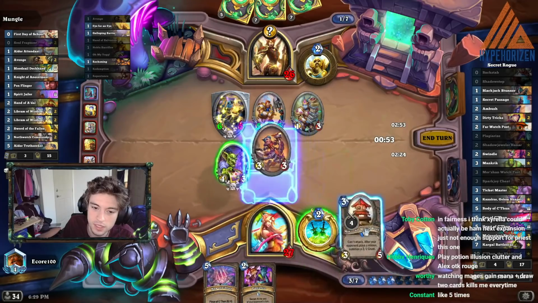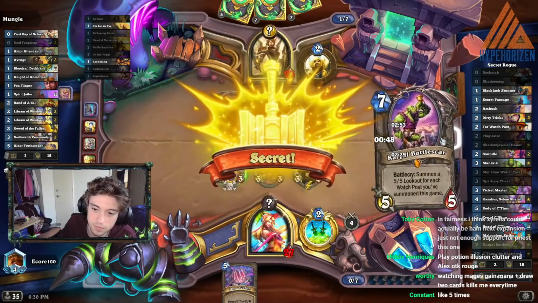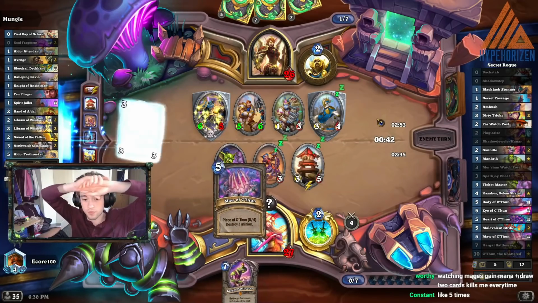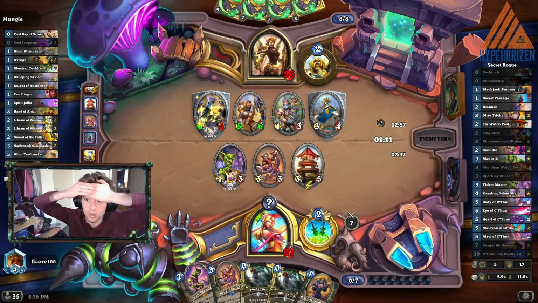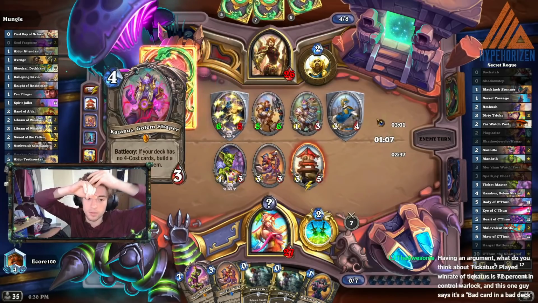I don't care if he gets stuff. I don't care. I don't care if he gets a 3-4. I'm gonna take a lot of damage, but if I can draw a secret or get a secret from him, then I just Blackjack Stunner his buffed cards and I win. I just need to draw or steal a secret. I have a couple more in my...